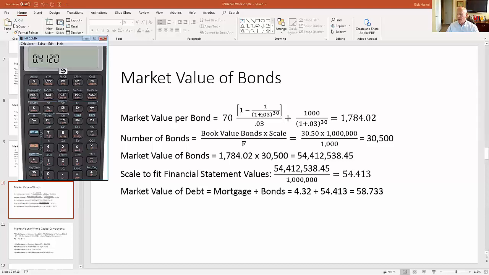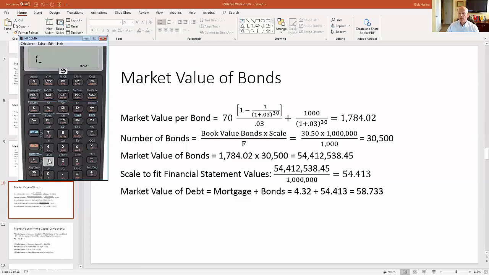I want to take that now as a negative value. See this little key right here above the blue key? It's got a plus minus on it. That's a toggle switch. If I have a positive number on the screen and I click on that, it turns it negative. Or if I have a negative number on the screen and click on the plus minus, it turns it positive. Well, I'm going to go ahead and convert this 0.412 to negative 0.412, to which I am now going